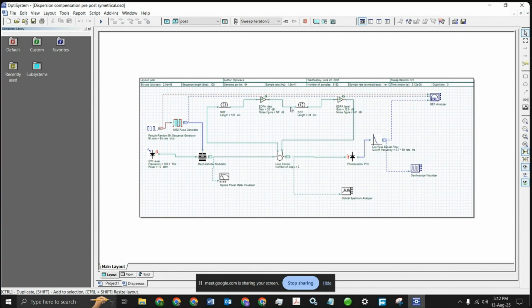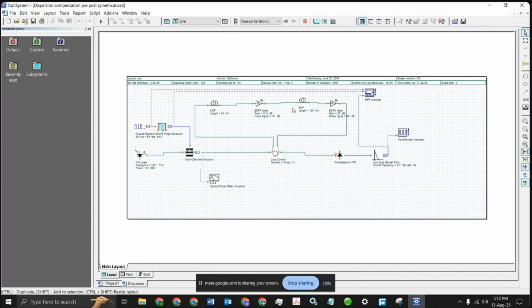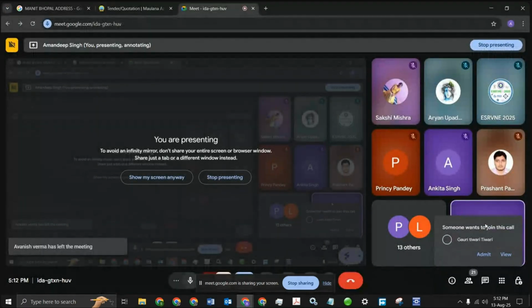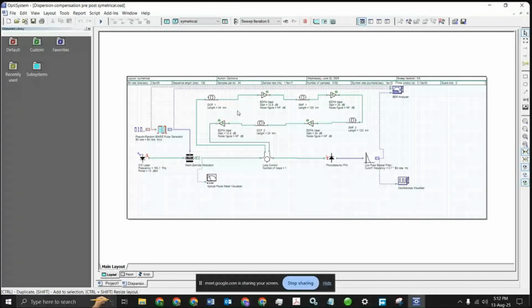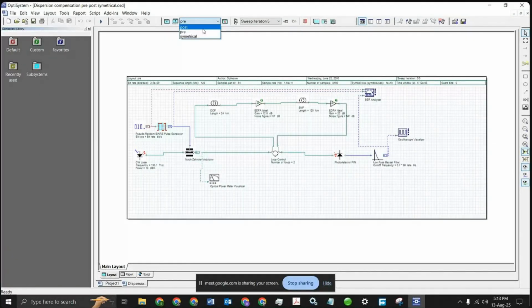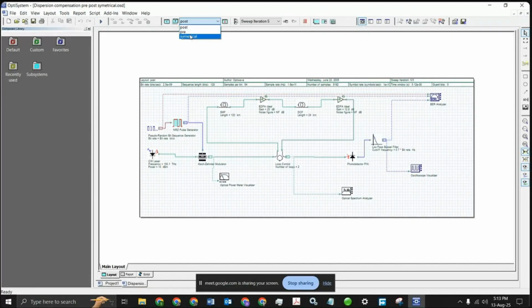So basically this is for post, meaning dispersion compensation post of single mode fiber, and pre means dispersion compensation before this single mode fiber. In the same way, you can see the comparison, and symmetrical means the combination of post and pre, meaning dispersion compensation fiber pre of single mode fiber, then connected again to the post arrangement, after this single mode fiber. So this is a combination of both, and here the loop control is for 2 times. Accordingly you can make an arrangement where you can compare these 3 layouts and analyze which arrangement of dispersion compensation fiber is better. So if we simulate this concept,